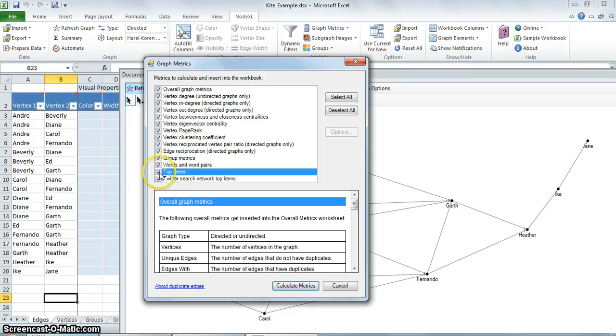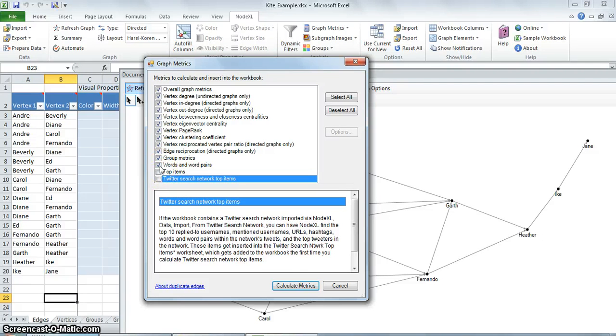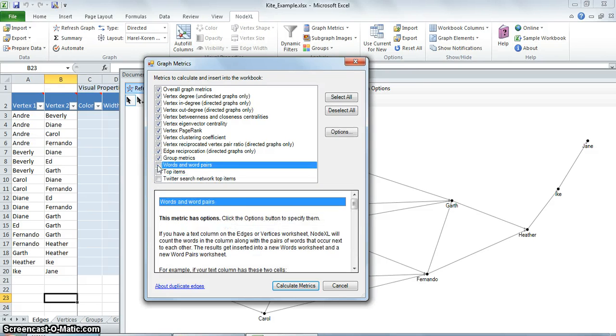Let's uncheck the top items: Twitter search network top items, words and word pairs. So we can deselect these three. Once you select the metrics which you want to be calculated, you can click on the calculate metrics button.